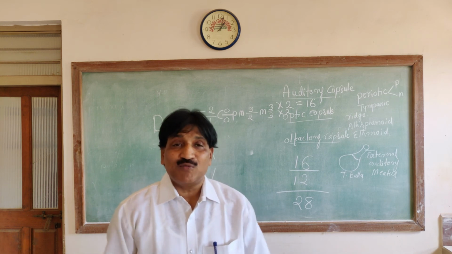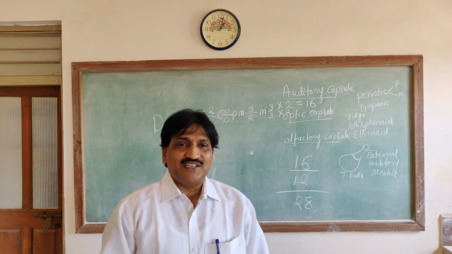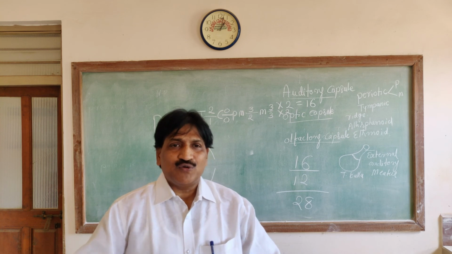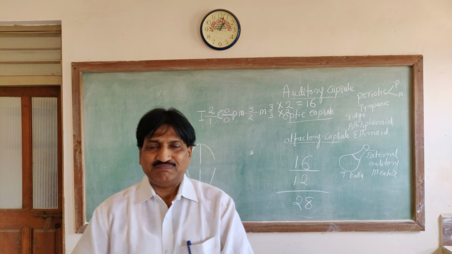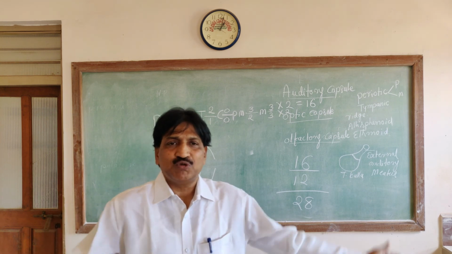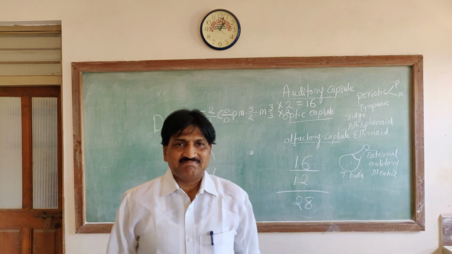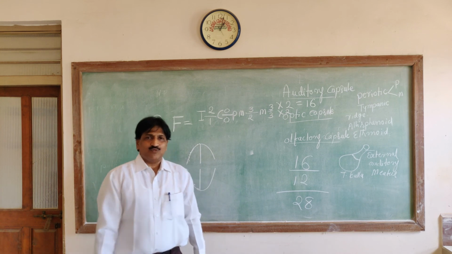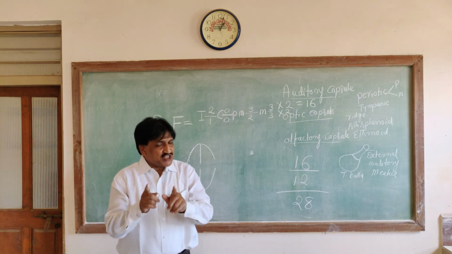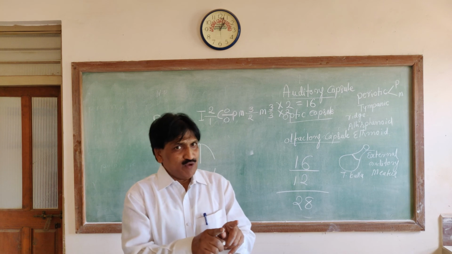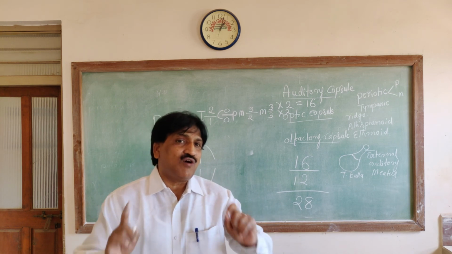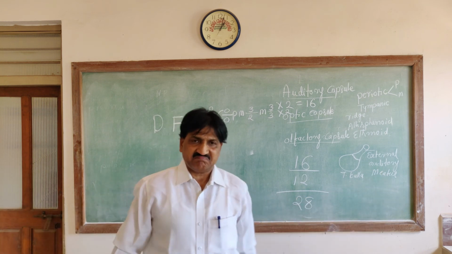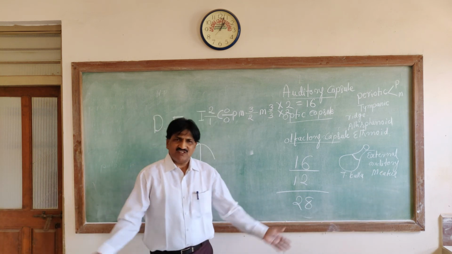What is the dental formula? The dental formula is equal to each half of the upper jaw and each half of the lower jaw, into 2. Total you can count 28. Between the incisor and premolar teeth there is a gap, that gap is called diastema. That's all.